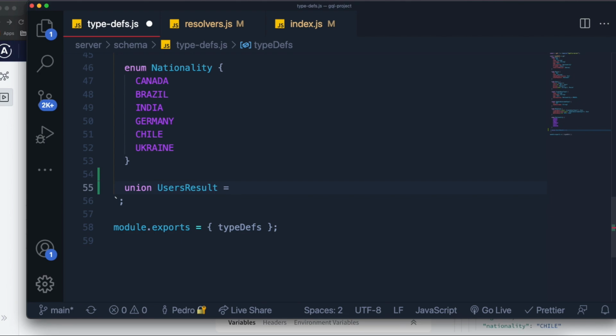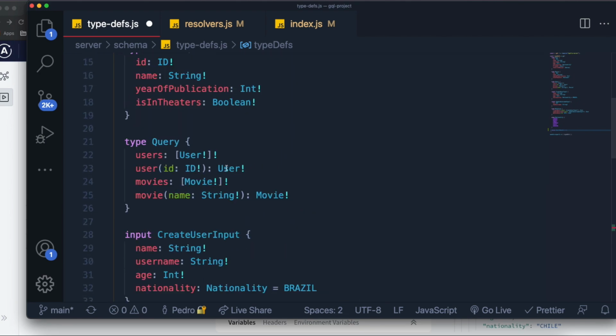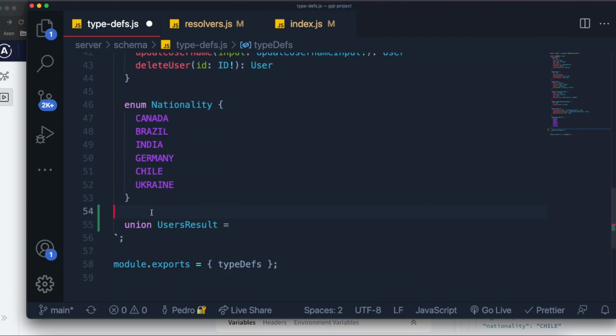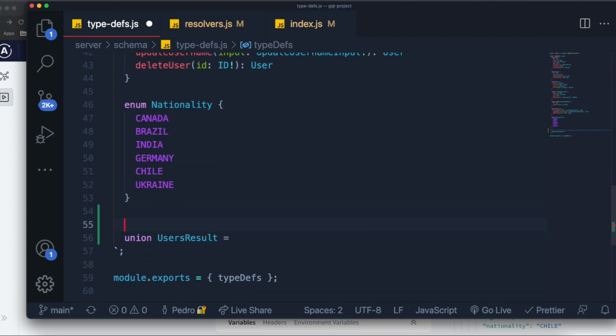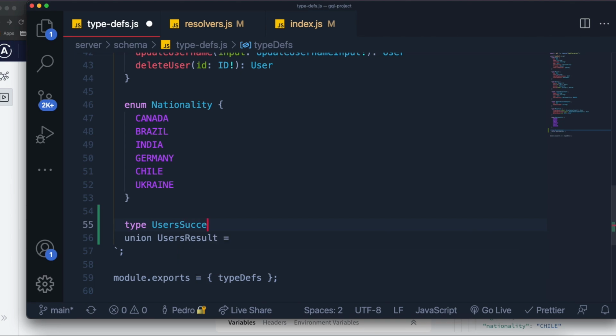So this is kind of a problem for us, because the successful return type for our user is an array of users, right? And the problem with that is that we need to make another type which includes this as one of the fields. So this is how we would go around this. I would come over here and I would create a type called